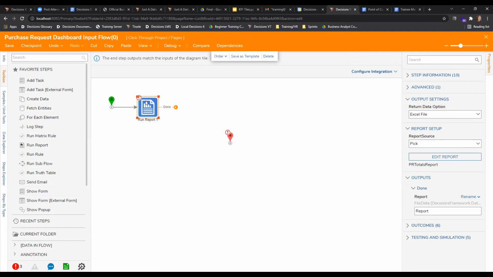And so our run report step, by default, returns an Excel file. We can see that in the output settings under the return data option. By default, when this step runs, it's going to spit out an Excel file as its output. We can see that in the outputs as well, that the type it's going to be using is file data. And while that could be useful for sending reports to management, or if we actually need an Excel file to work with for whatever reason,